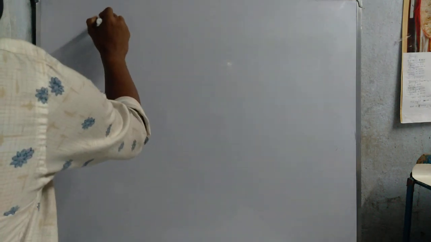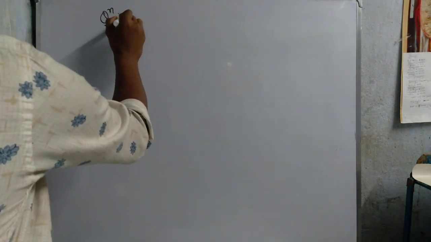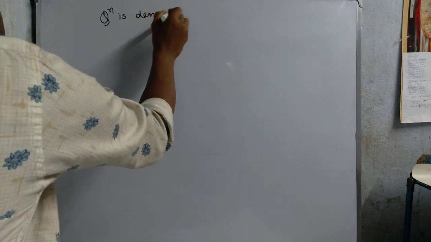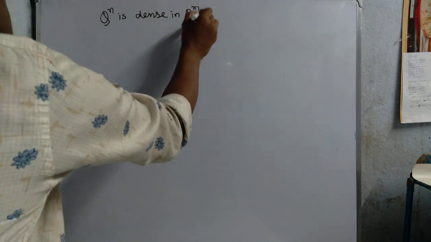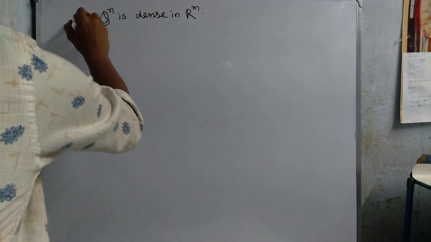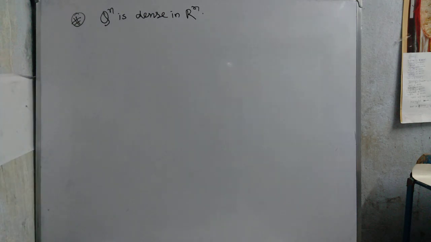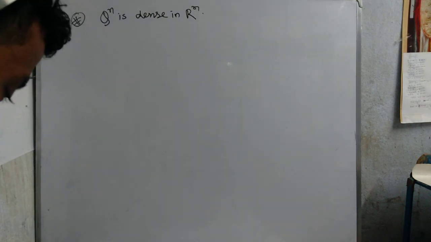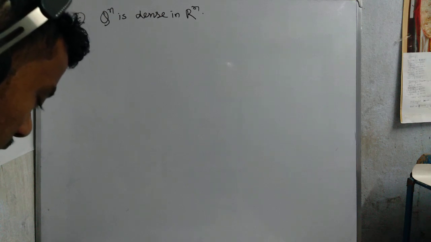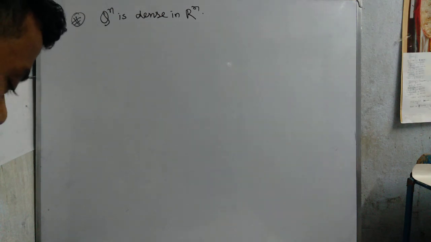We know that Q to the power n is dense in R to the power n. We also know that Q is dense in R, that means Q to the power n is dense in R to the power n. And obviously the set of all such sequences